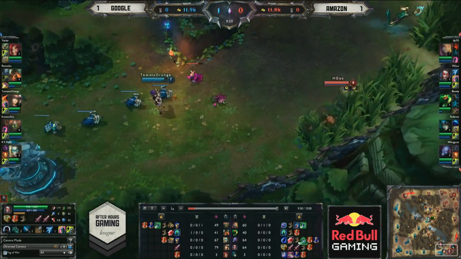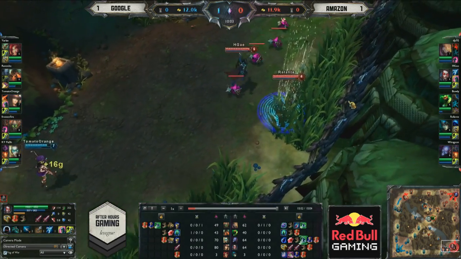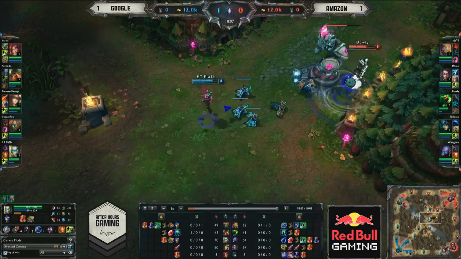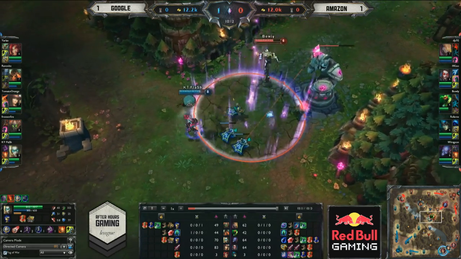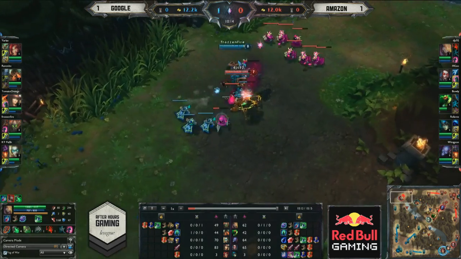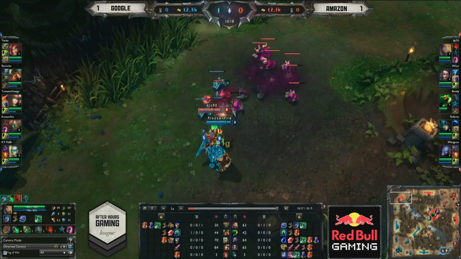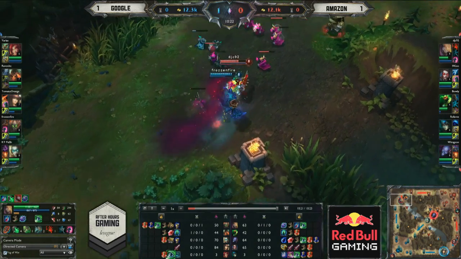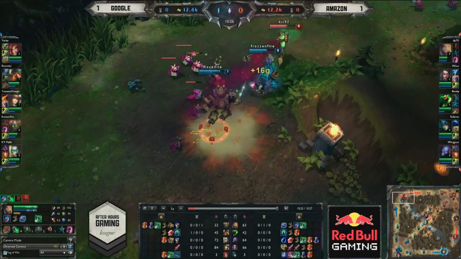Even if they had warded it, I don't know that they could have done too much, just because while Google have said, look, we pick team compositions that excel at fighting. That's really our big goal. We want to be able to fight really, really well. In this situation, they also have a team composition that's excellent at pressuring lanes. Caitlyn can put a lot of pressure on Vayne. Orianna can put a lot of pressure on Ryze. So even if Amazon knew what was going on, they had nobody that could be in position to try to do anything about it. They really couldn't, and there are the buys coming out,